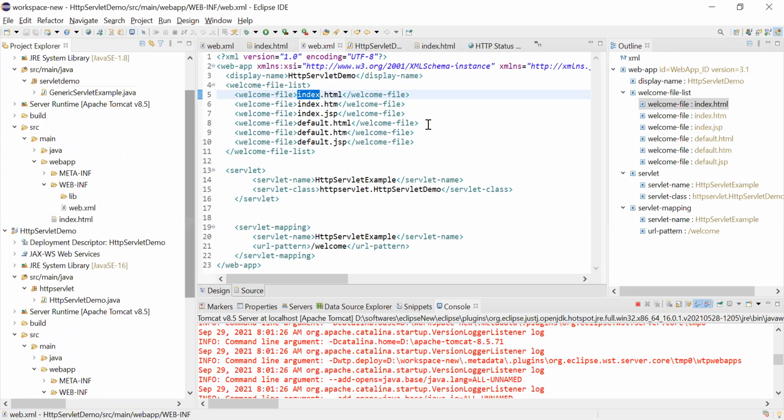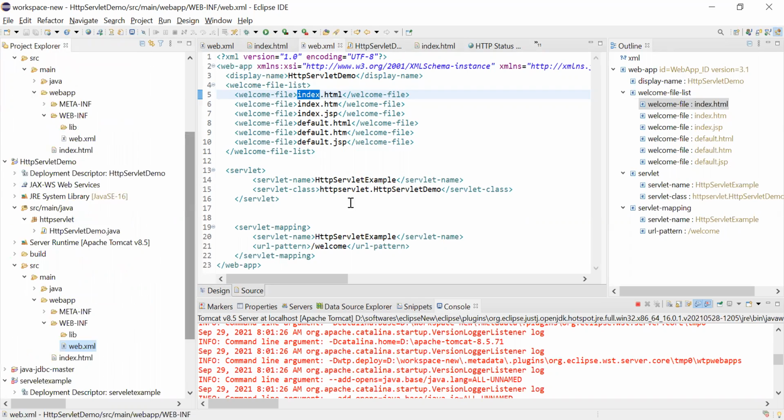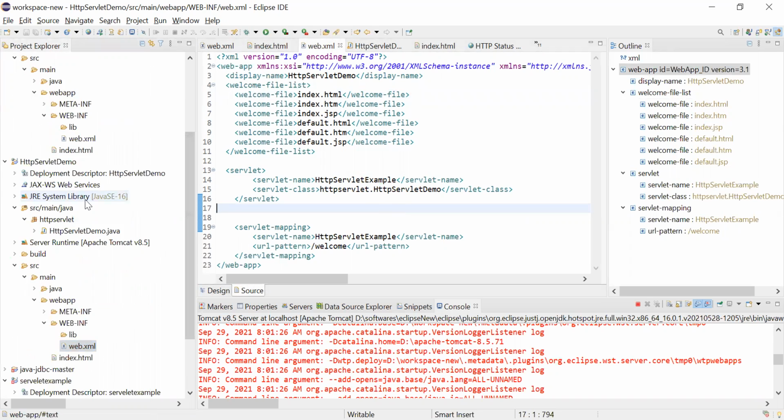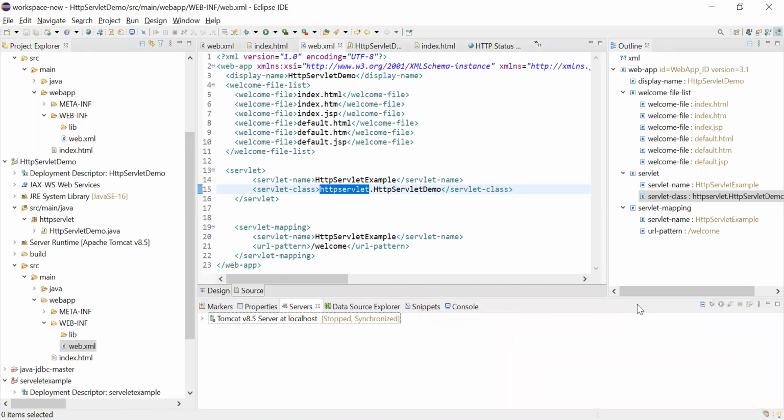Yeah, the problem is we have copied web.xml from there. Yeah, and these are matching. Okay, no problem. Let's run again. Stop it. Stop the Tomcat server.